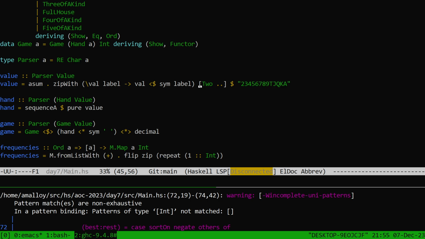So this is much less explicit than what we did before, but in some sense more flexible. Like if we ever add a super ace, as long as it, well, no, I guess it will never. This will still need updating because, I don't know. I don't think either is more or less maintainable than the other, but this one's certainly more pleasant to write. And so we just zip the list of this together with the list of this and apply this function to create a parser out of each and combine them together. I think there must be something better than asum combined with zip with, but I don't know. Anyway,